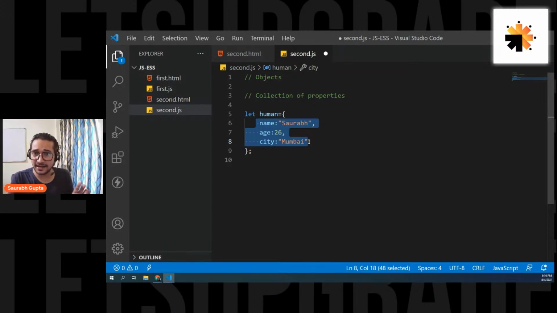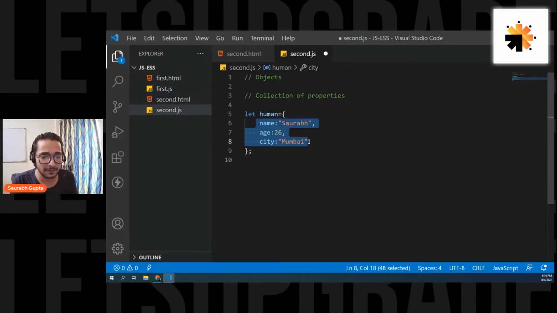So when the data is related and you want to represent an entity, meaning a live thing, that's where you create an object. An entity is also an object. So simple, a live thing. When you want to represent a single entity, that's where you create an object, and it's more structured data.